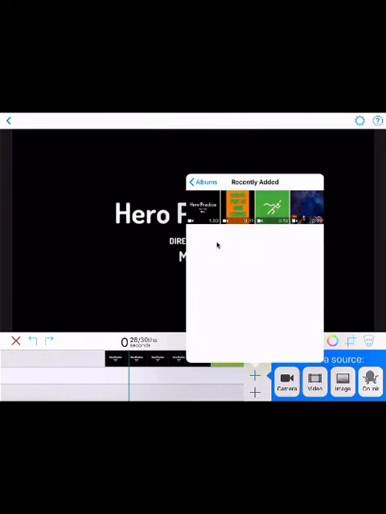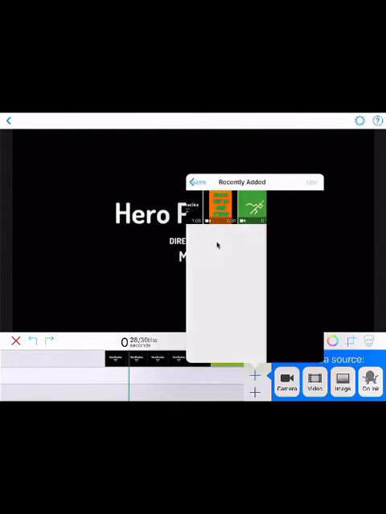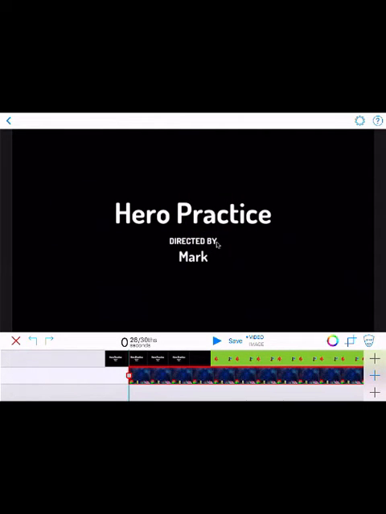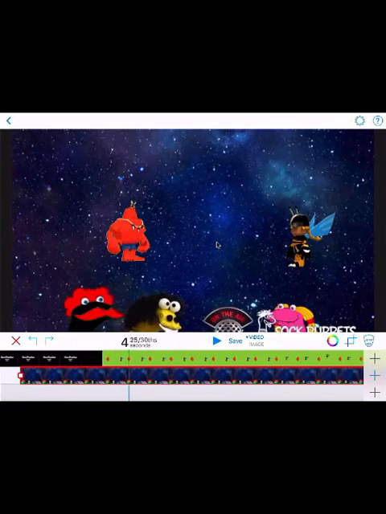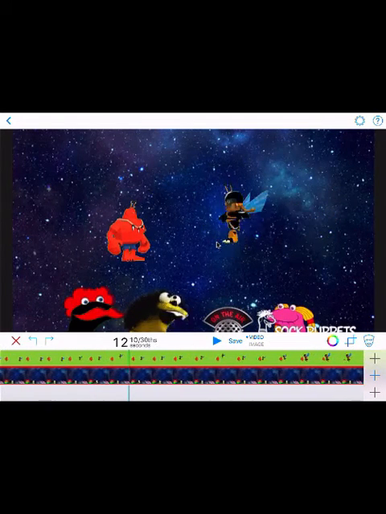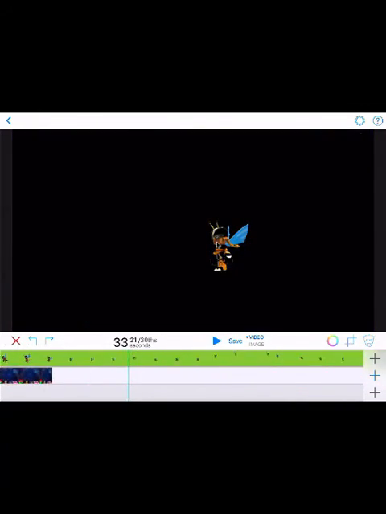I don't want that one, there's too much green in it. Maybe I want this one. Yes, although I have a green character, so that's going to look kind of funky. Watch as I scroll through it. It turned that green character black. That's okay. Okay, the types of things we learn with, so I can